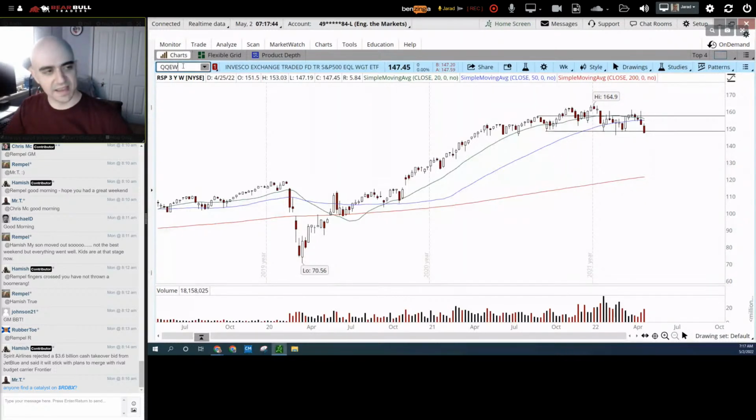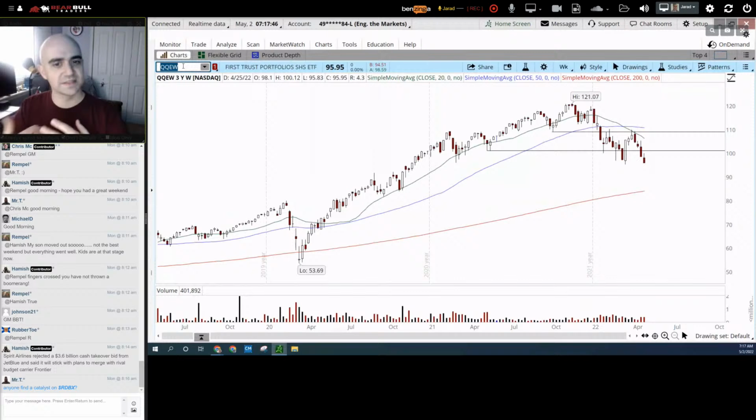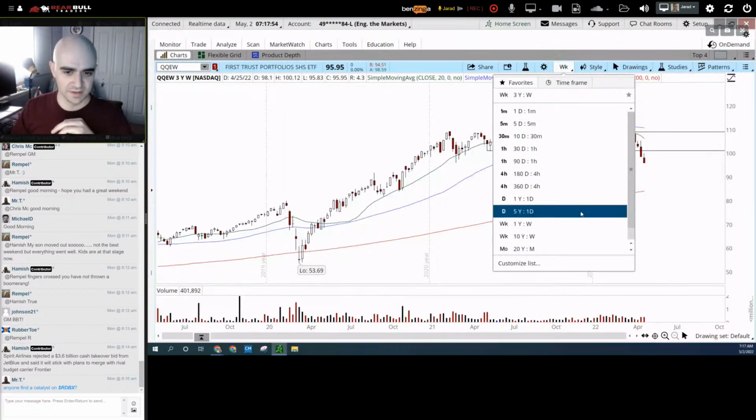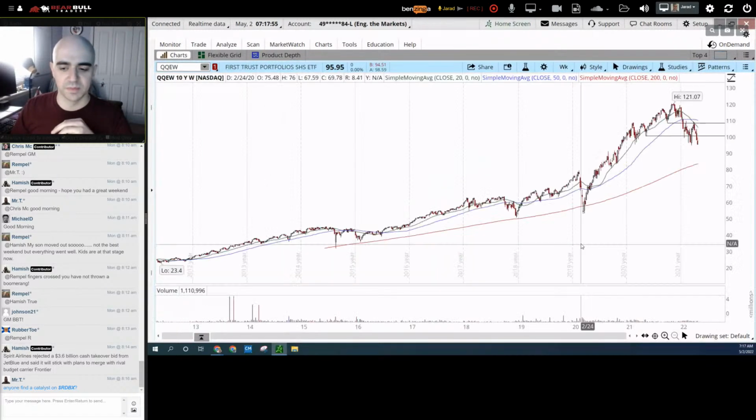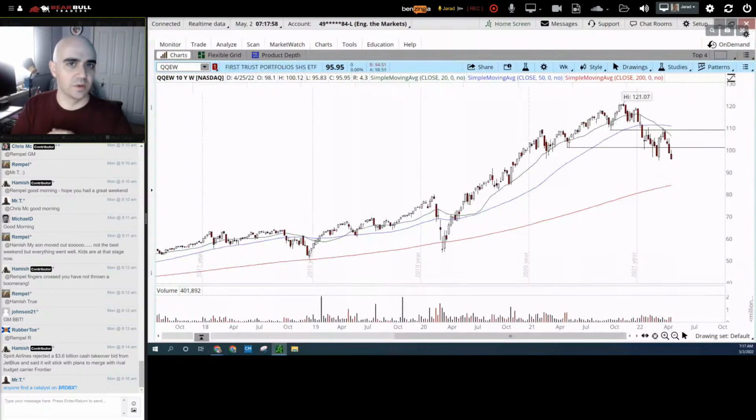You can do this with the Nasdaq as well. Not necessarily something I'm looking at quite often, but it is a new month. These are higher time frame perspectives, and we have the past month of performance in both Nasdaq equal weight and S&P equal weight, all performing very poorly.